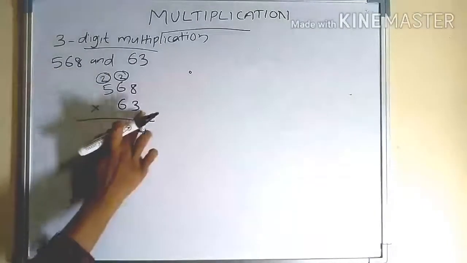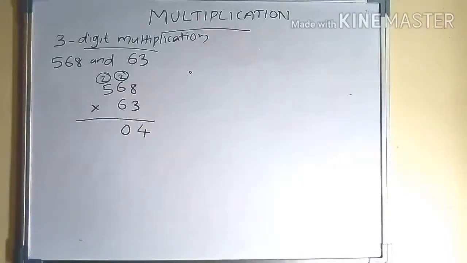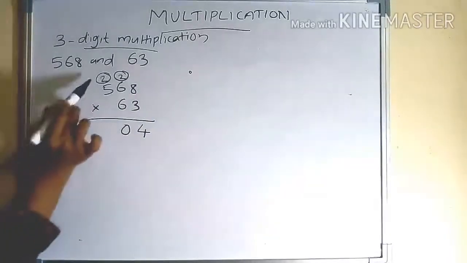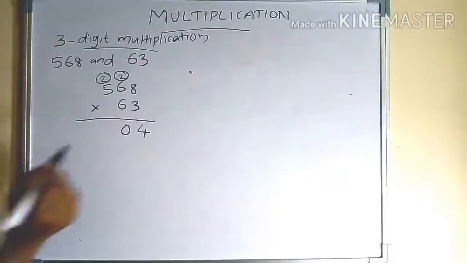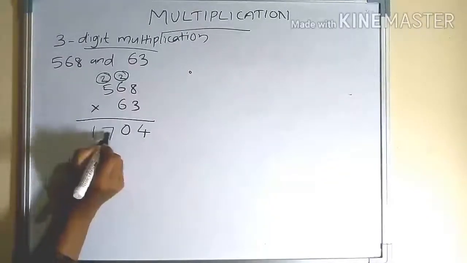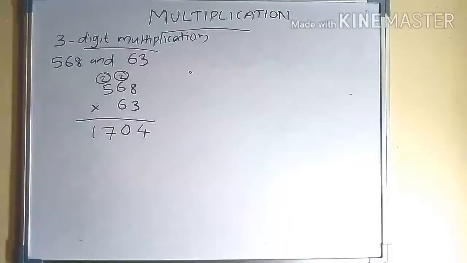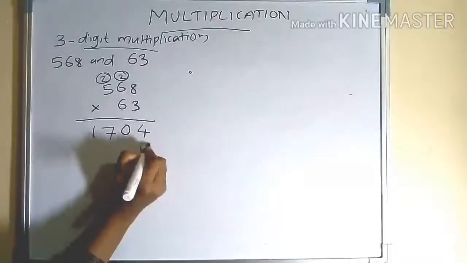Next we multiply 3 into 5. What is the answer? 3 into 5? 15. Next add this 2 into 15. So what is the answer? 17. Okay. Next we multiply 568 into 6. We know that in 63 how many ones and how many tens? In 63 we have 3 ones and 6 tens. 6 tens means 60. So in 60 how many zeros are there? Only one zero. So put that 0 here.